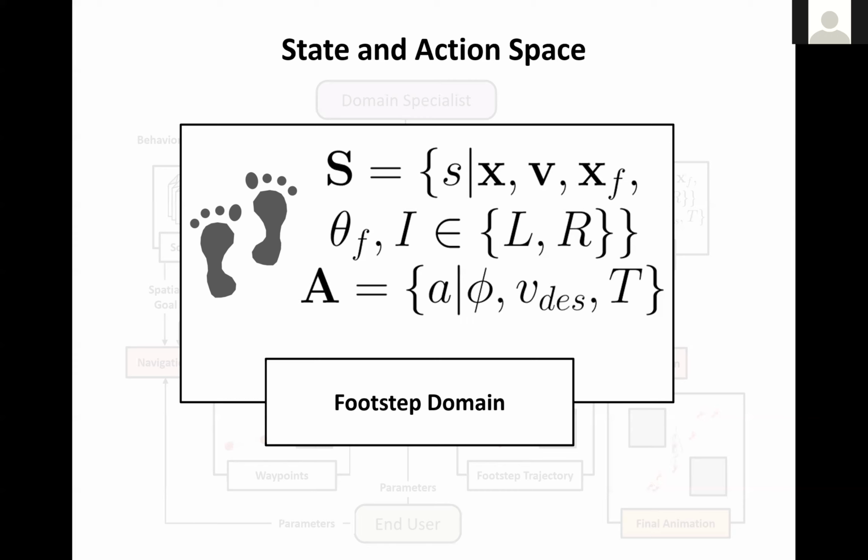The action space involves the selection of three parameters: the time period of the flight phase, that is, the amount of time that the alternating foot is in flight; the desired speed of the center of mass at the end of the flight phase; and the orientation of the center of mass trajectory during the flight phase. This is essentially what you were describing, Karan. This will encode the orientation of the trajectory that the center of mass of the biped takes over the course of this single footstep. I'll visualize this in just a second.